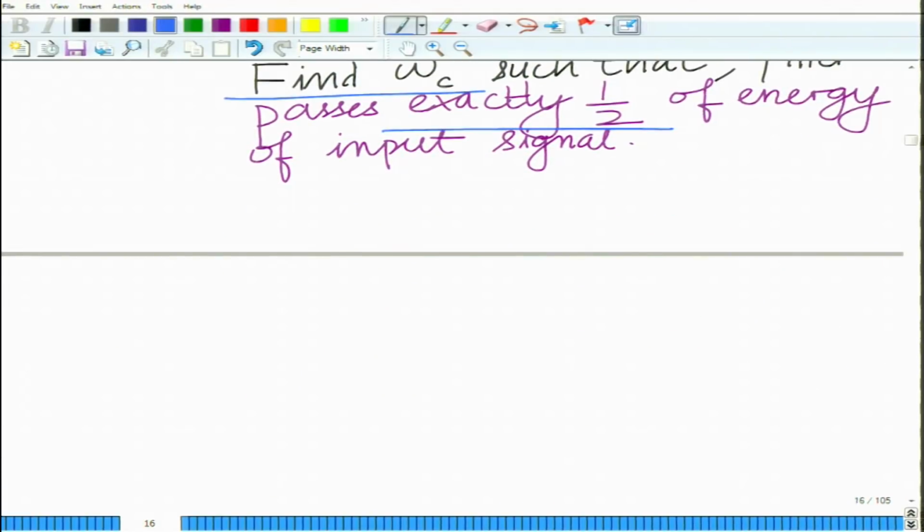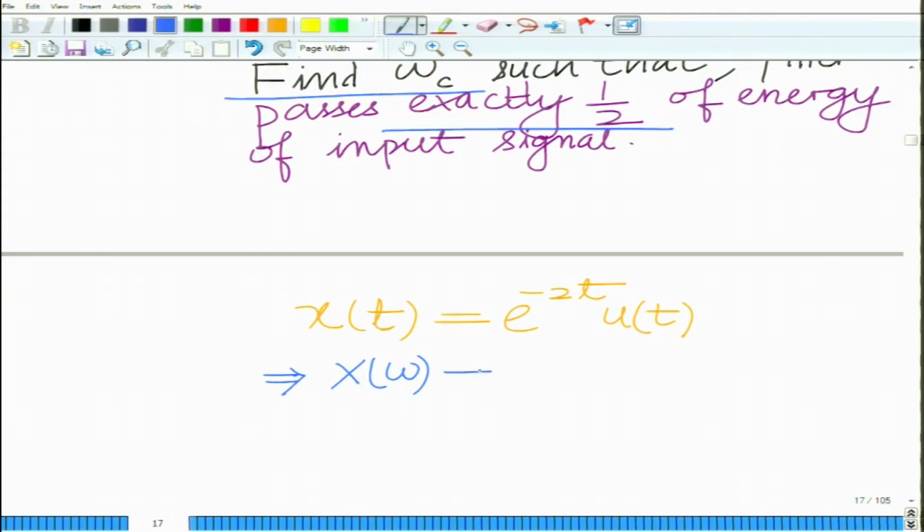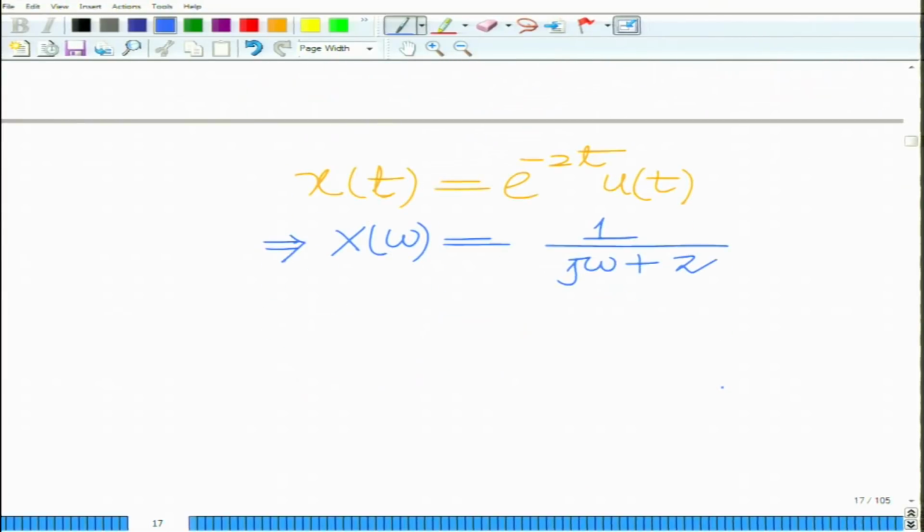First, let us use the Fourier transform approach. First, note that we are given the signal x of t equals e raised to minus 2t u of t, which implies, taking the Fourier transform, X of omega of this signal is 1 over j omega plus 2. Now, we know from the theory of the Fourier transform that the output Fourier transform